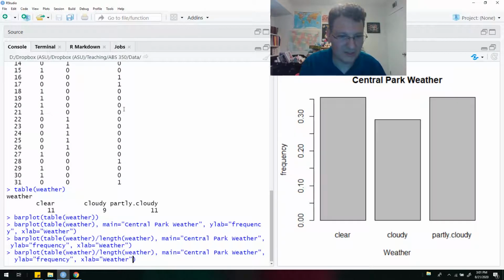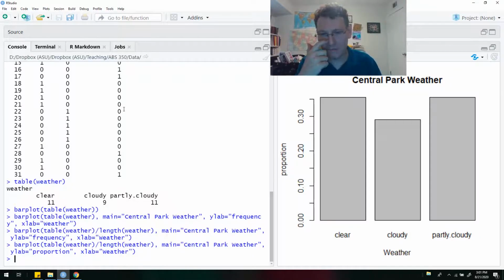Oops. But I should change this. This is not frequency anymore. This is, I can say, proportion. This is what proportion of the time it was clear, cloudy, or partly cloudy. You can see the proportion of the time. It's like 35%, a little bit more than 35%, or like